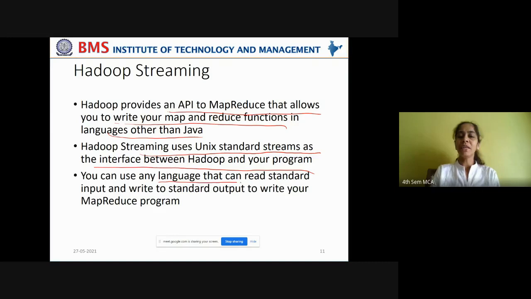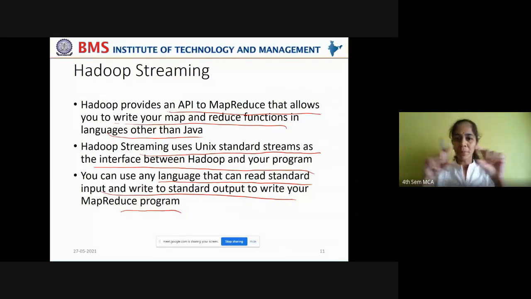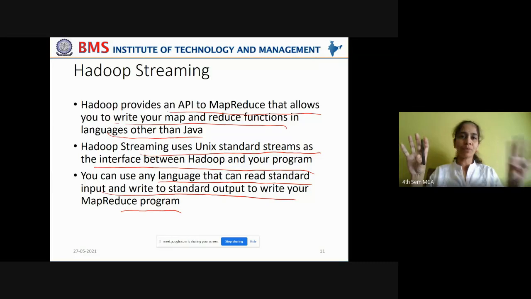So you can use any language that can read standard input and write to standard output to write your MapReduce program. In the middle, you have Hadoop streaming, which uses Unix standard streams that are compatible with map and reduce functions written in any programming language. Okay, so to provide for this compatibility, you are using these Unix standard streams.